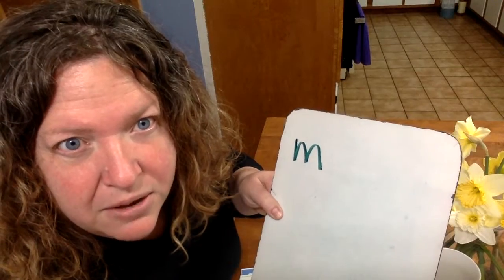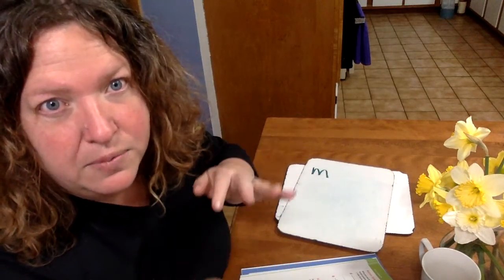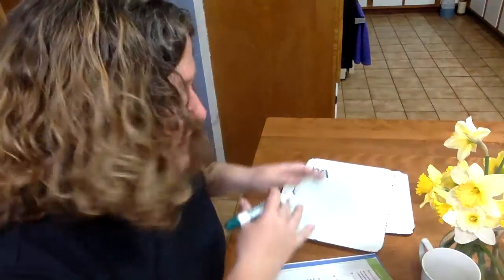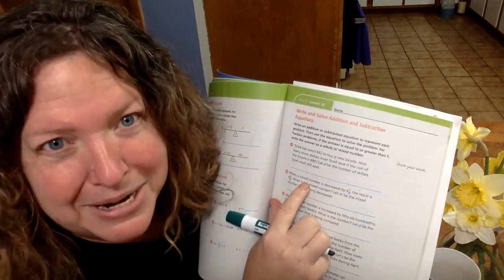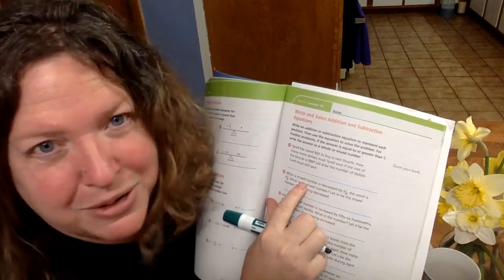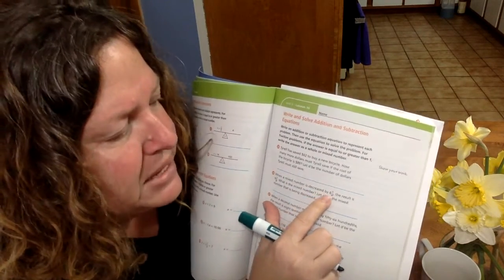So I'm going to write that down. Then I'm going to go back. Notice how it's a back and forth. I read, I pause, I write something down. I go back and read, think, write something down. So let's go back. When a mixed number, got it, M, something we don't know,